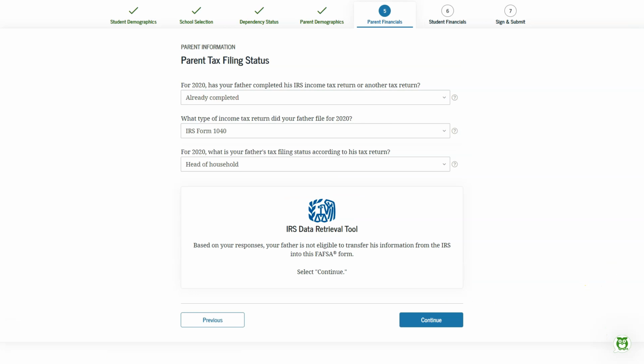retrieval tool. Now, because I'm recording this using a demo FAFSA application, it won't actually let me use the IRS data retrieval tool. That's why it says I'm not eligible. But if you are eligible, it will give you the option to link to the IRS. Like I said, I do highly recommend that everybody does try to use the IRS data retrieval tool if they are eligible. It will just ask you for the information that you did file your taxes under, such as your